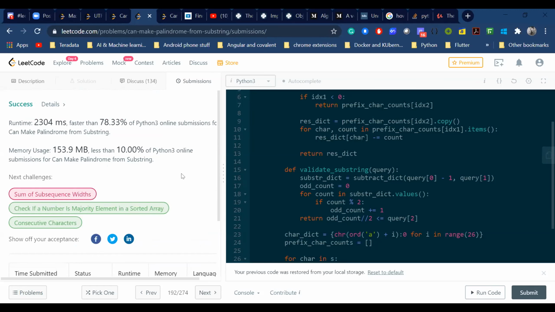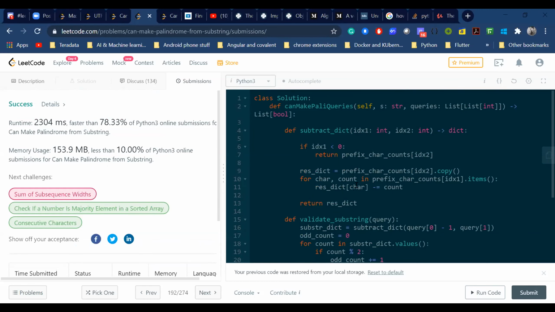The other thing I was thinking is, instead of taking a dictionary, how about we make an array of 26? I can do that.